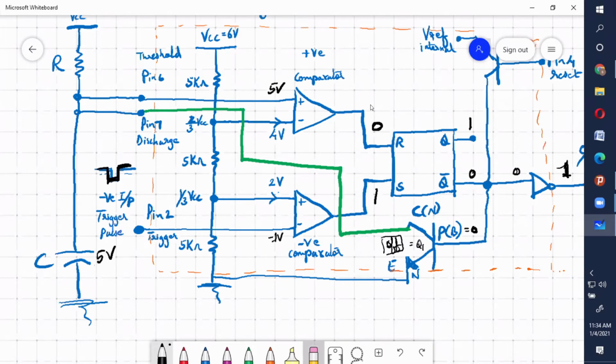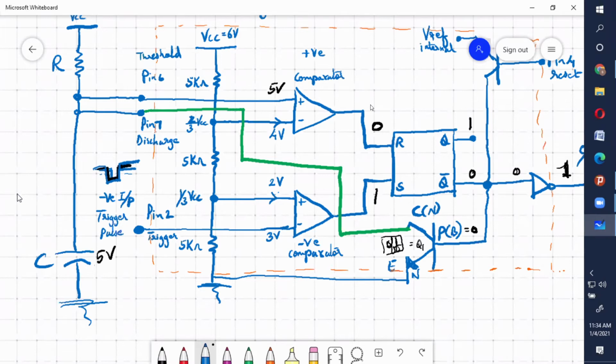Students, can you tell me now? Assume that here some value, again, you applied a negative pulse, it has come to positive now. Assume it is 3 volts, for example. So what will be the output, students? Capacitor has charged to 5 volts, and here the pulse has reached 3 volts.